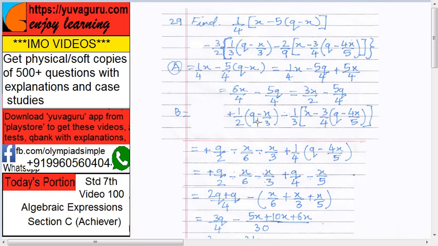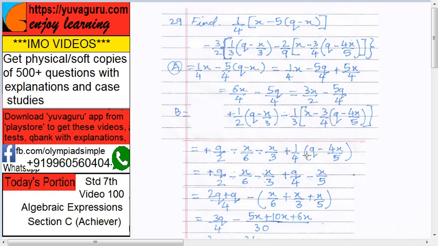Now let's solve these inner brackets. So this becomes 1 upon 2 into q minus x upon 6. Up to this step clear? Then solve this. So minus 1 upon 3 into x, see here it's a minus sign, so everything will get changed inside. Don't solve this inner bracket right now. So minus x upon 3, and here minus into minus is plus. So 3 ones are 3, 3 ones are 3.